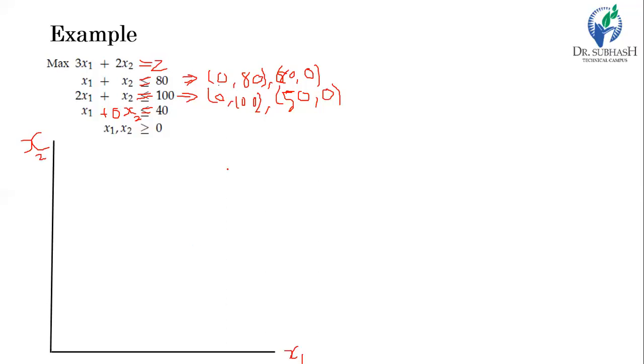Now, after calculating these points, just see the limits of the values of x. The first element is the value of x1, and the second element is the value of x2. So here we can say the limits of x1 are 0, 80, 50. What you require here is to divide this horizontal line into equal parts, let's say 80 equal parts.